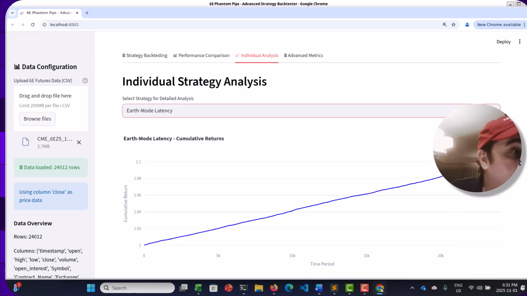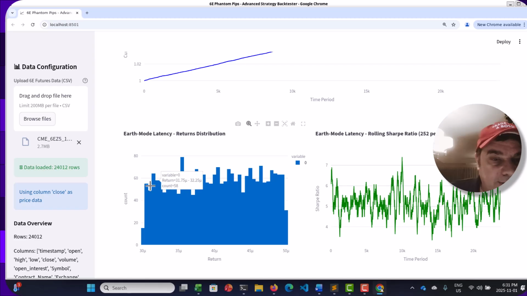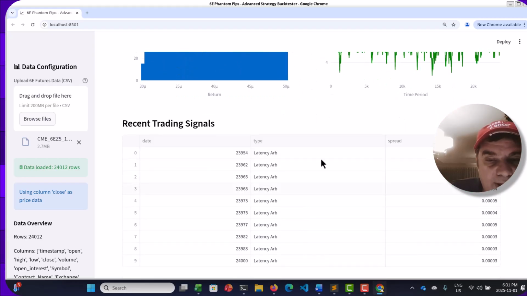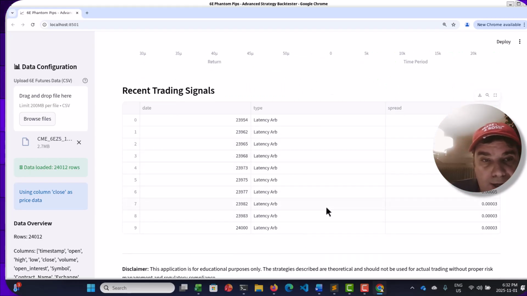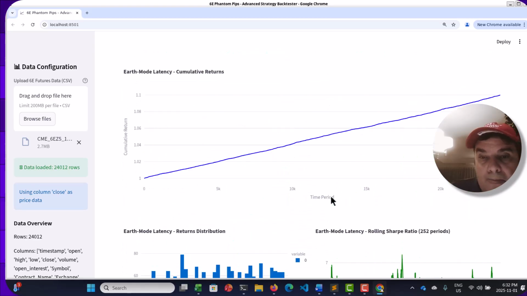So we're starting here on day one, and we're getting about 10% return. Now, a 10% return over a short period of time, that's pretty good without latency. That's really good, in fact. So here's our return distribution. Again, this one probably has a lot of trading going on, like in the thousands per transaction. Okay, so here we have the rolling Sharpe. That's pretty strong. Okay, so here's our recent trades, or the trading log.